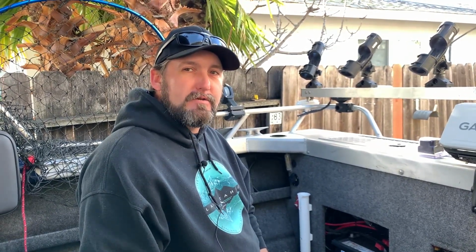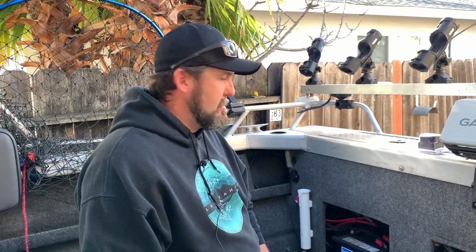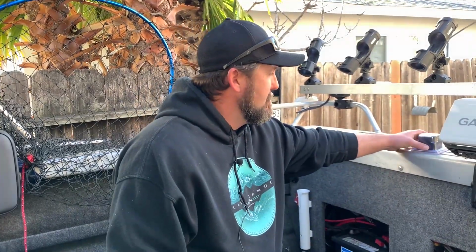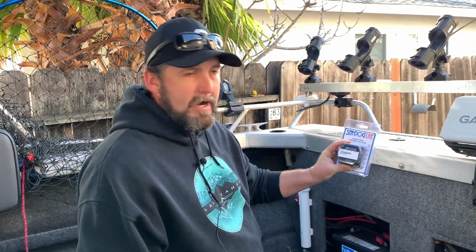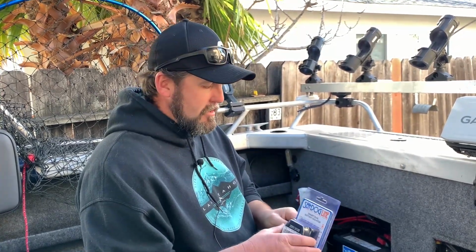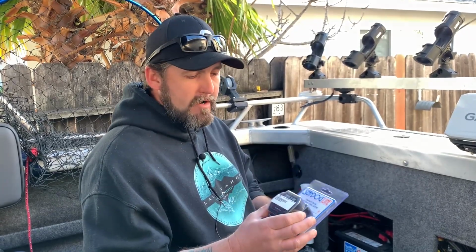We're going to do a how-to video today on our own boat here. We're going to upgrade the batteries, and most importantly for this video, we're going to put in a dual battery isolator. It's a charging relay, so the reason why this is a nice thing and I would recommend you getting one,